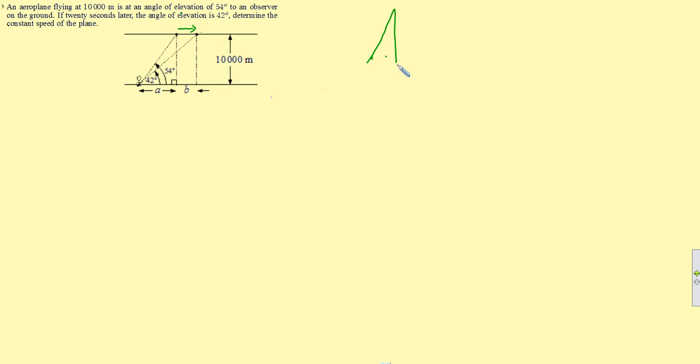So it went from being like this, at 54, and then 20 seconds later, the angle of elevation went to this. So I've just shown you more or less what's gone on. So it was 54 here, and then it went to 42 here. And this is in the 20 seconds that passed. All right. It asks you to determine the constant speed of the plane. Okay. So given this piece of information,